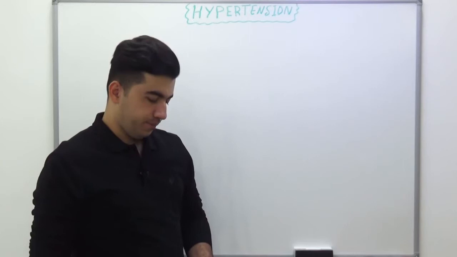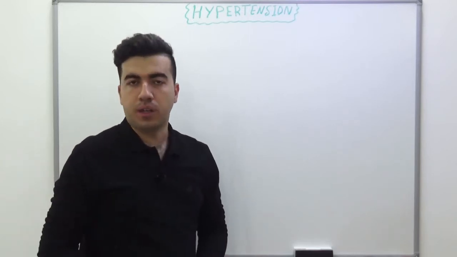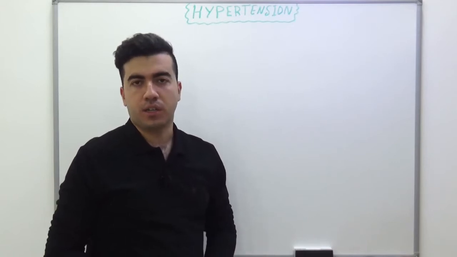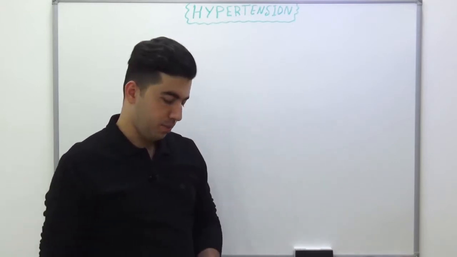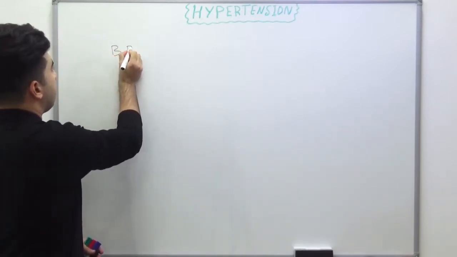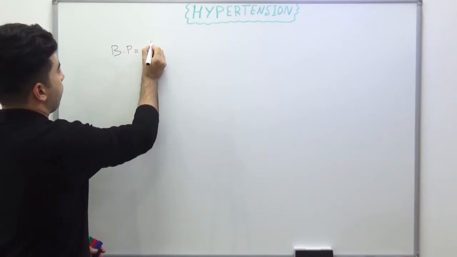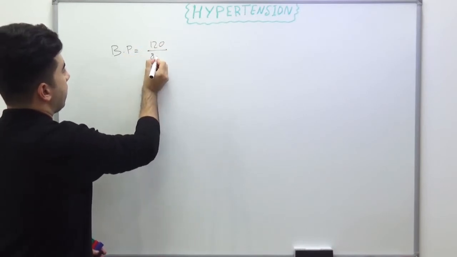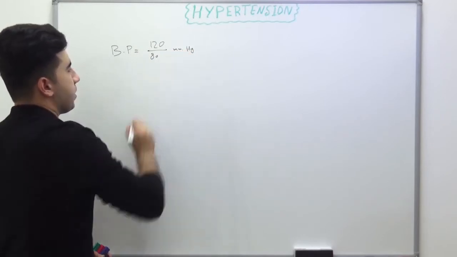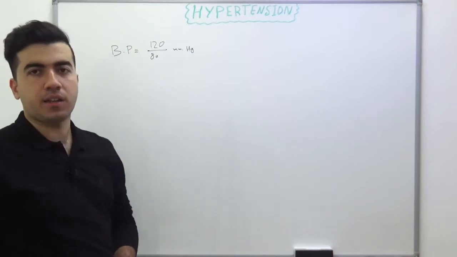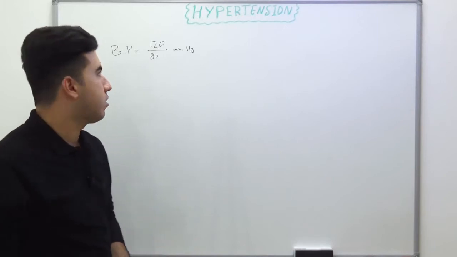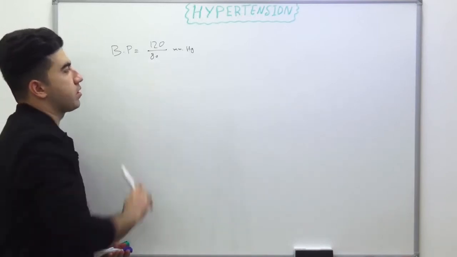So what is the abnormal elevation of blood pressure in hypertension, and what is the normal physiological value for the blood pressure? You may say the blood pressure normally should be equal to 120 over 80 millimeters of mercury. Generally speaking, the normal blood pressure is regarded as a systolic value of 120 millimeters of mercury, and the diastolic value should be 80 millimeters of mercury.